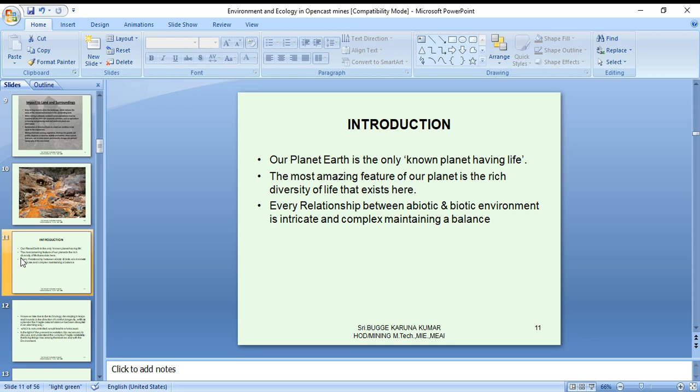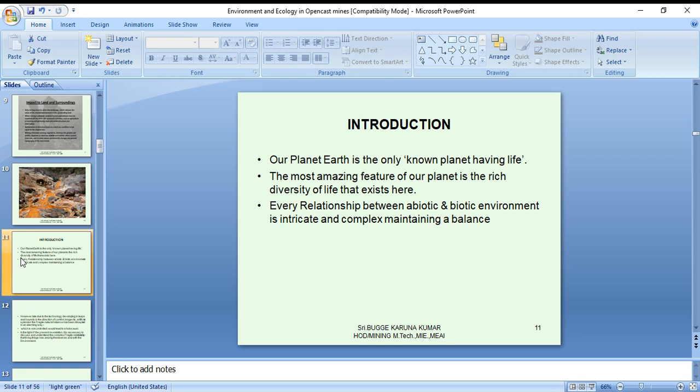So far, no other planet has been identified which is suitable for humankind. So many researchers and scientists are searching. Is there any other planet like us? But not so far. So this is the only beautiful one, that is God's creation.